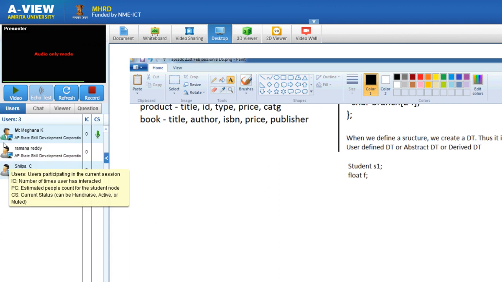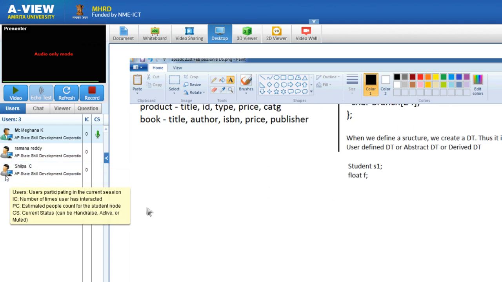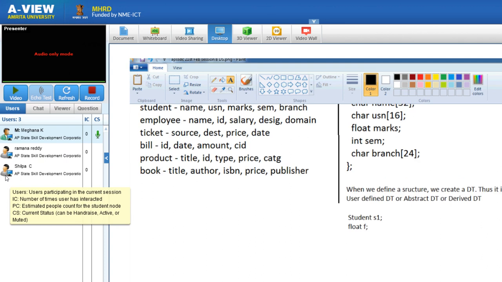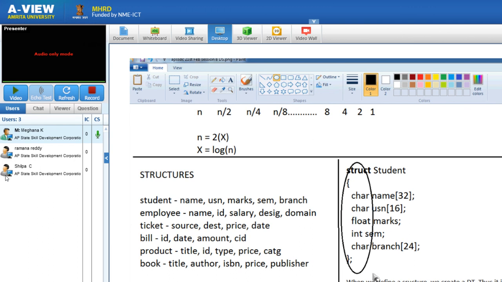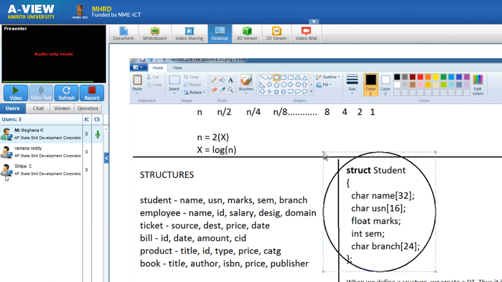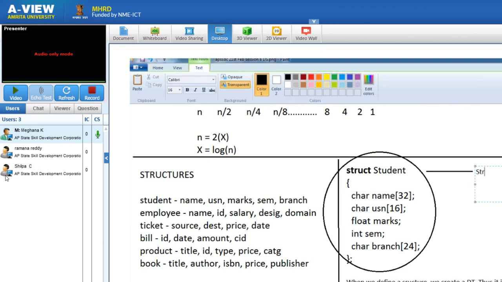Now next, what I'm going to teach you now is, please note, this is the definition of a particular structure, called the structure definition. And this is most important to note: